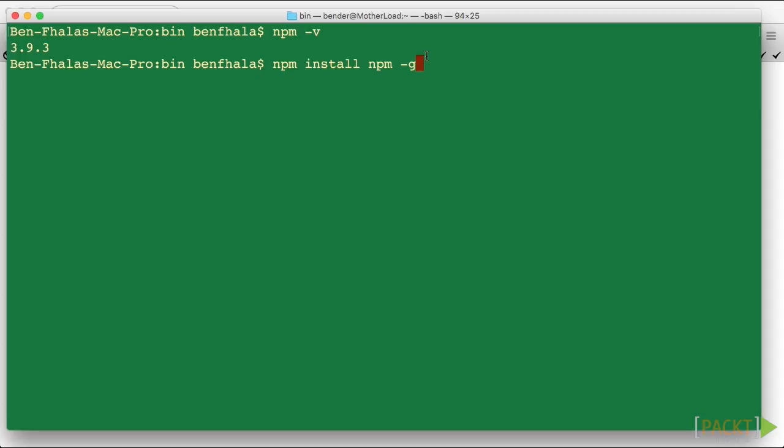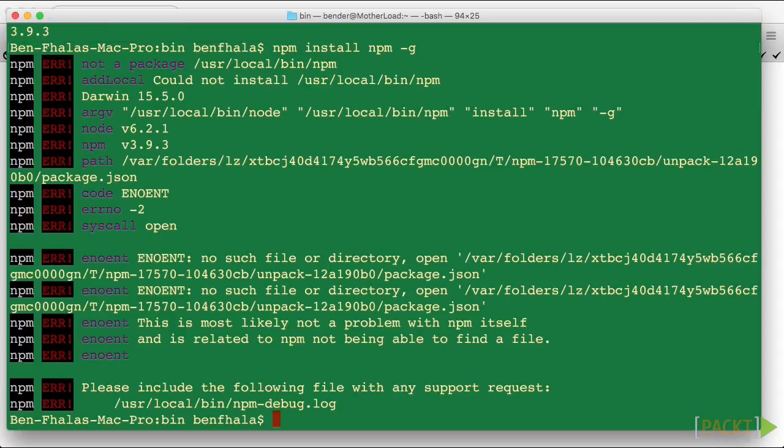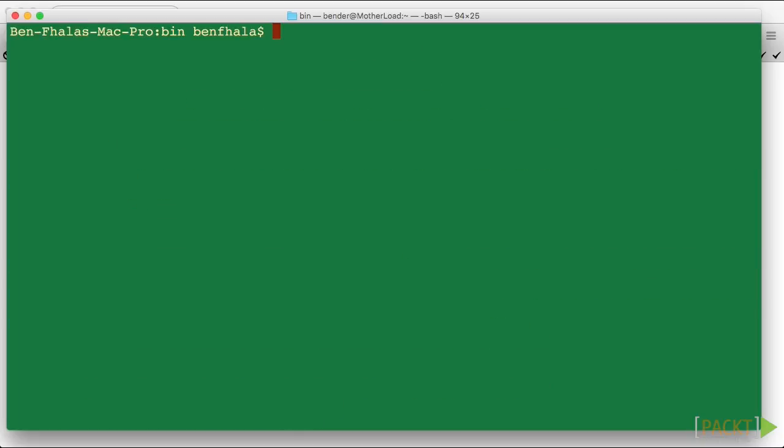Now, if I go ahead and press enter, in my case, I didn't have the permissions set and configured correctly. By default, when you install Node.js on Mac or PC for that matter, you might see this error. If you see this error, that means your permissions are not configured correctly. I'm going to go ahead and clear my view here, but what I want you to do now is type npm